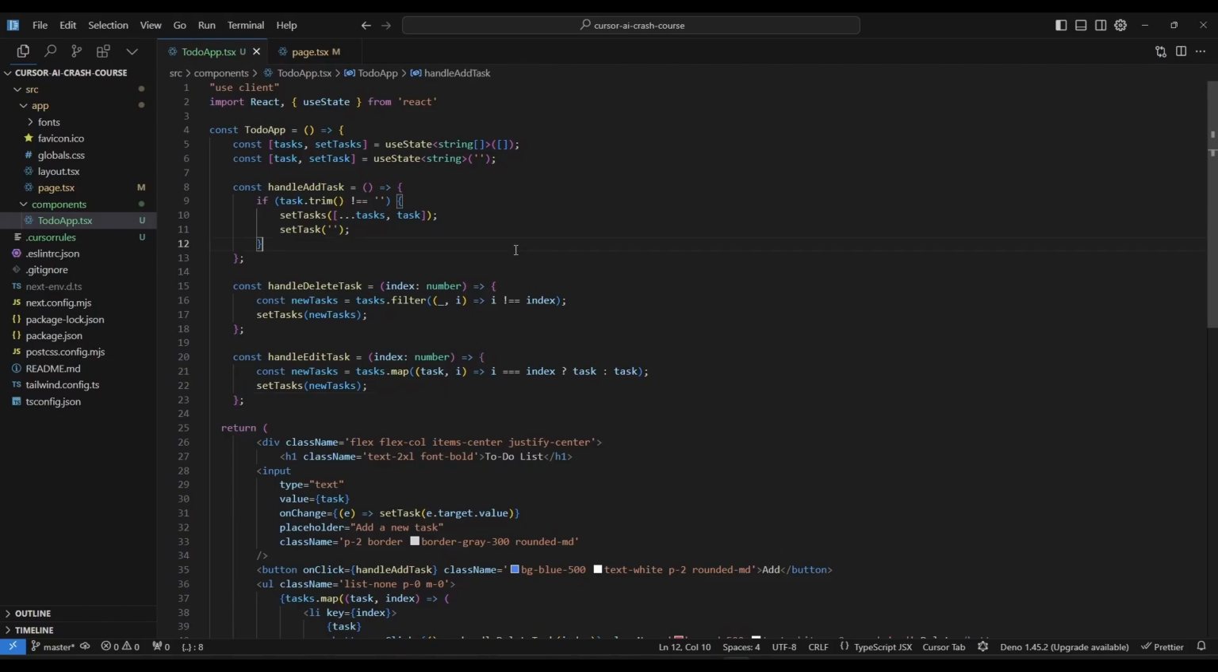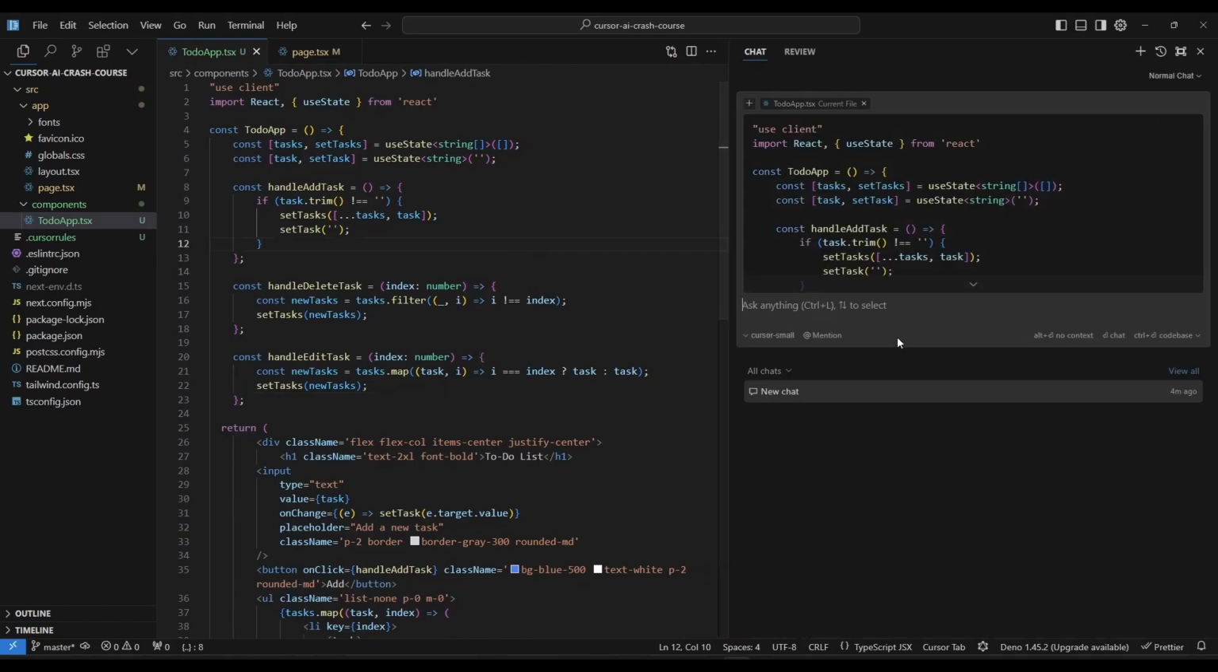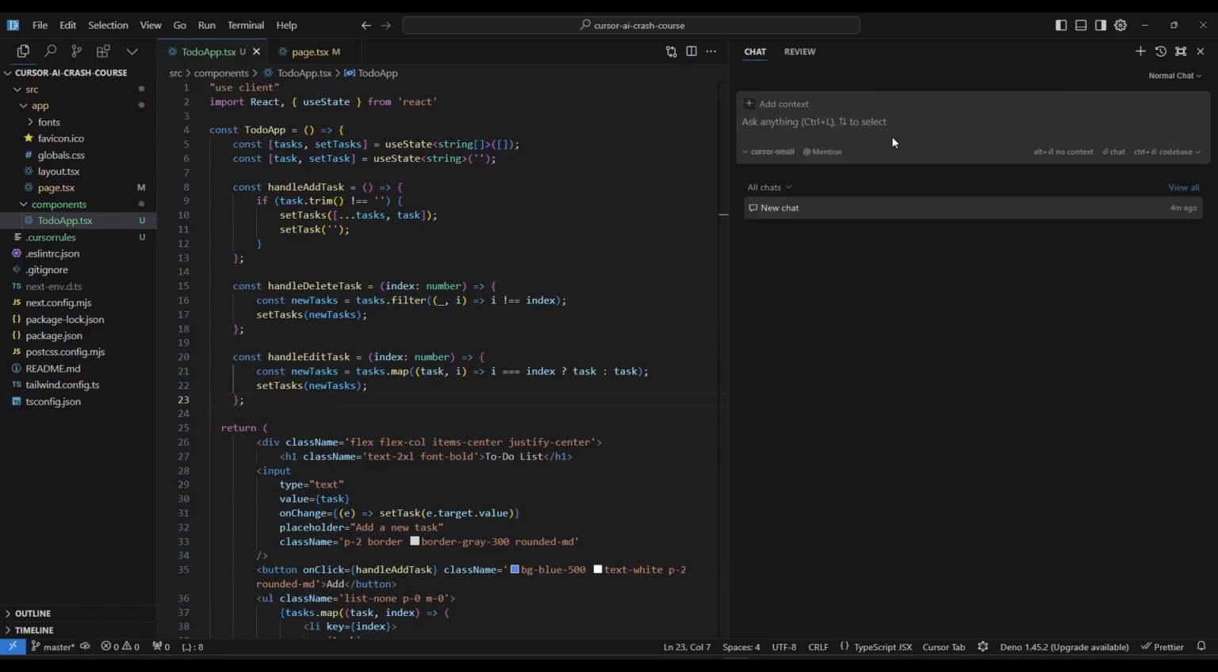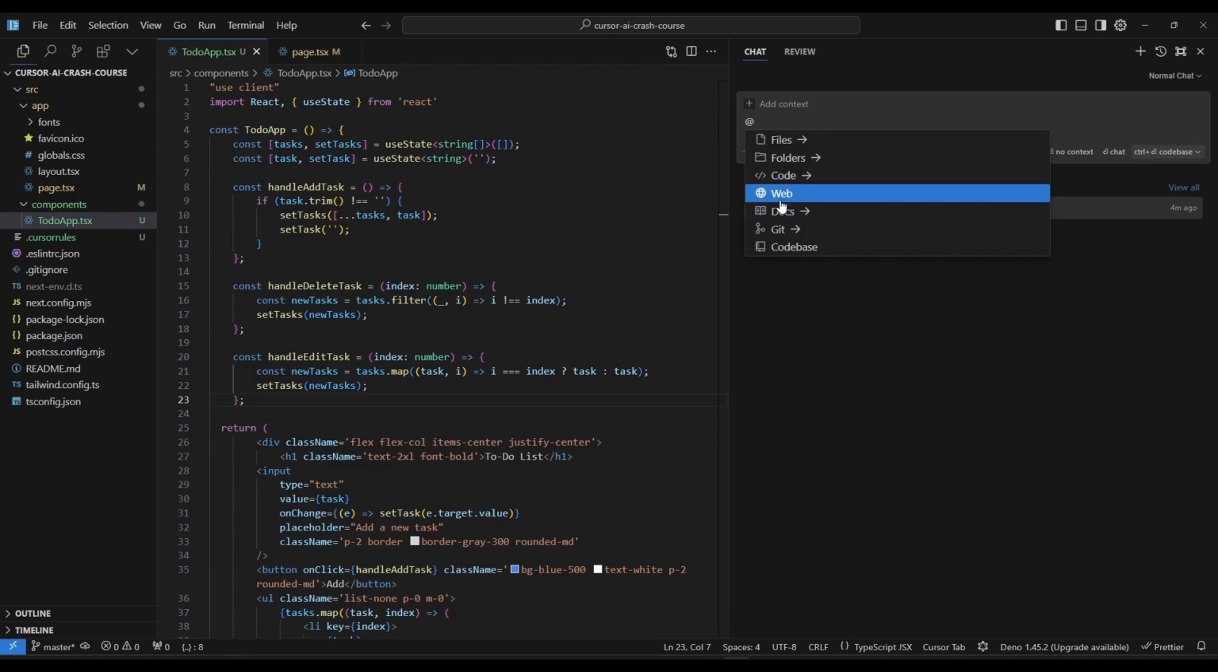Just press Ctrl+L to open the chat window. Now, as you can see, it has already selected the code based on our cursor position. Let me remove this, and first let me explain this interface. So from here you can select any models. Let's select the GPT-4o mini, and from the mentions you can mention any file, folder, code snippet, or enable the